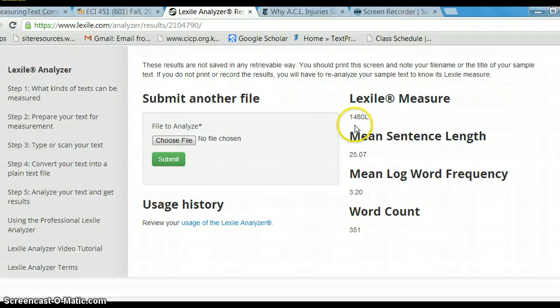this Lexile is 1480. So that is a pretty complex text. And our word count is 351. Okay. So if we look at the